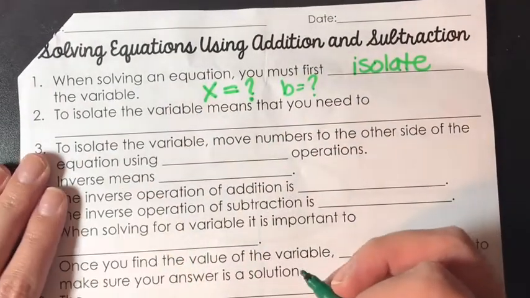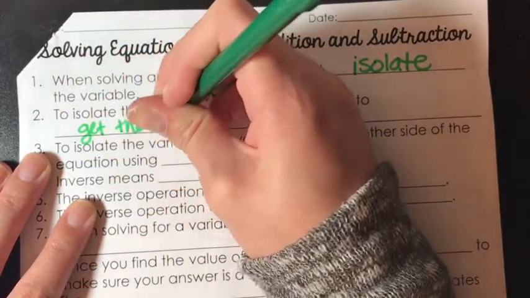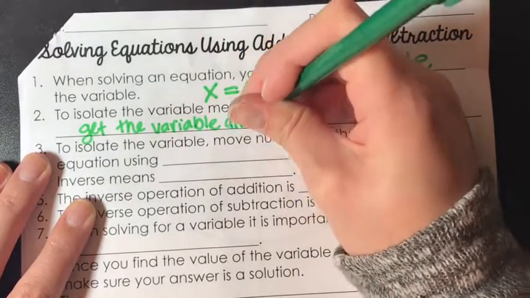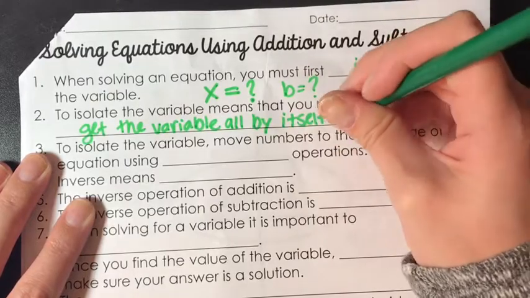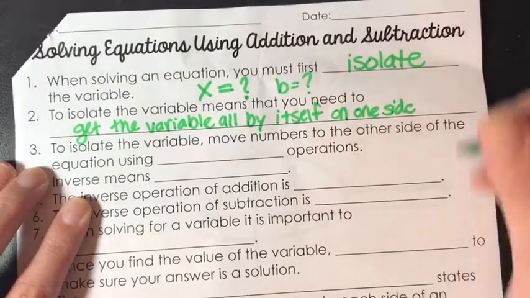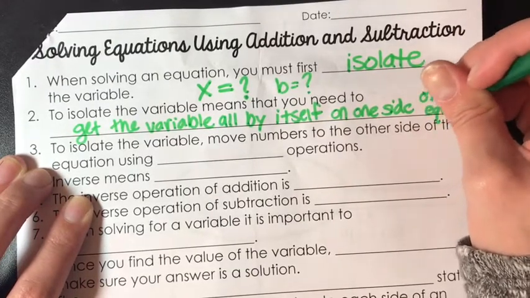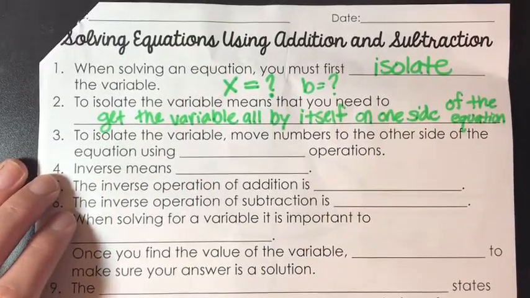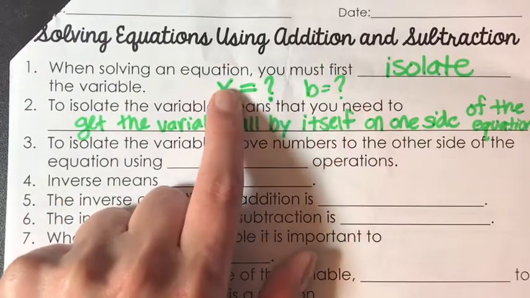To isolate the variable means that you need to get the variable all by itself on one side of the equation. Sorry, I kind of ran out of room there. But to isolate it means to get the variable all by itself, nothing else around it, nothing added, subtracted, multiplied,